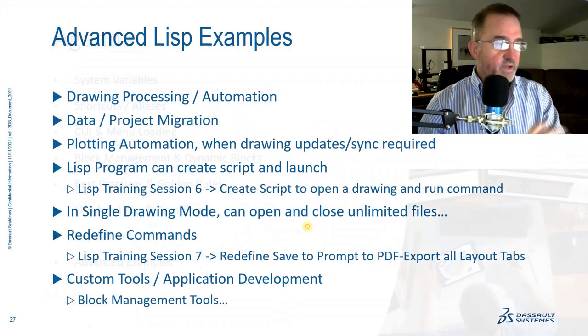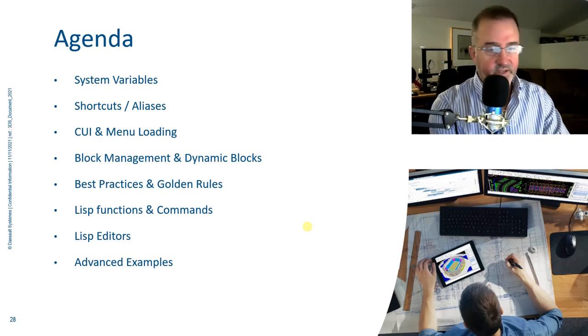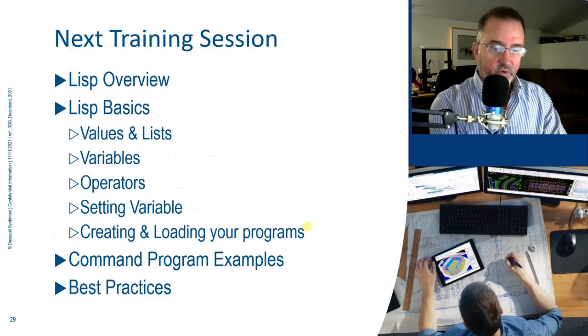So getting back to what we covered, we went over some system variables, some shortcuts. We talked a little bit about the CUI. We did some deep dives into dynamic blocks and some of the quirky things that can happen there. I talked about a couple golden rules. We talked about Lisp and the Lisp editor. And finally, I talked about some examples. So if you are going through this training session, session 3, the next session is really